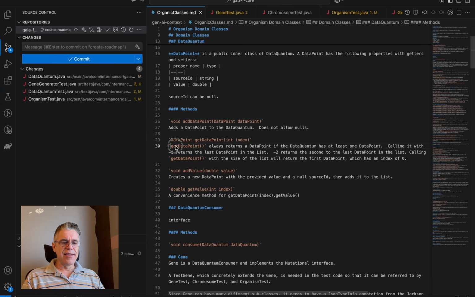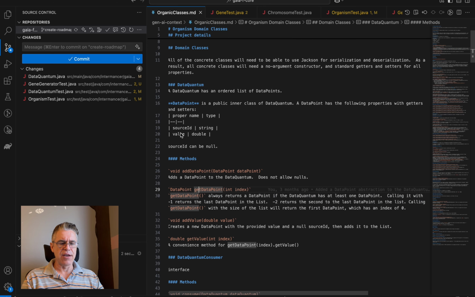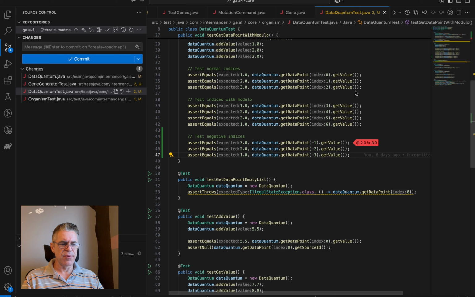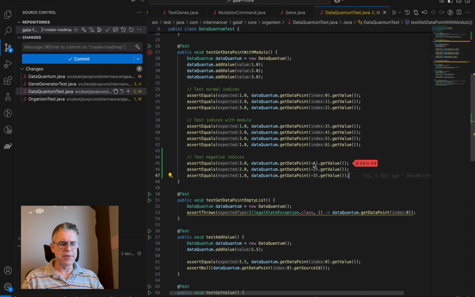I did edit this little paragraph, the description of get data point inside of DataQuantum. I edited it a little bit. The problem before was that the DataQuantum test did not have these negative values, and it was erroring out. So all of this mod behavior that it was testing was working just fine, but the negative behavior was not working fine. And you can see here I added these lines by hand,